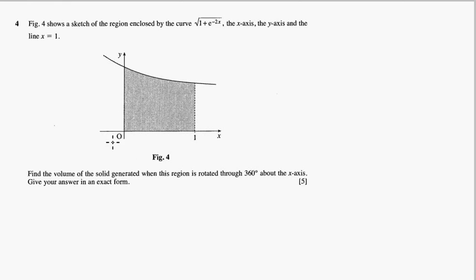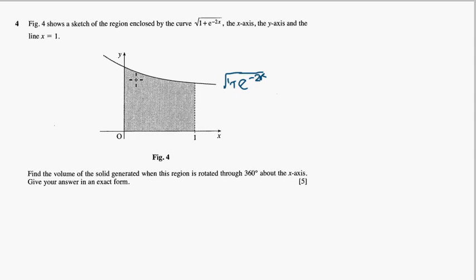Okay, here's a classic volume of revolution question. It shows you an area under a curve. In this case, the curve is root 1 plus e to the minus 2x, which is going to be fun to integrate. And it says find the volume of the solid generated when this region is rotated through 360